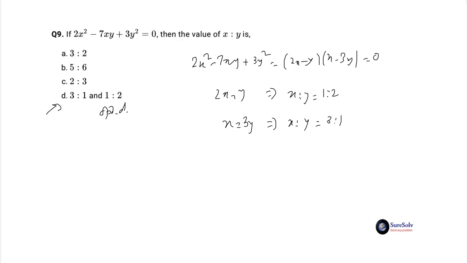You can otherwise solve this problem practically instantly by observing that the given equation is not a whole square equation, and so it would have two zero-valued factors resulting in two ratio values for x is to y. As only option D has two ratio values, it must then be the answer. Important concepts and techniques used for solving the problem are factorization of quadratic equation, basic ratio concepts, and mathematical reasoning. Let's solve the last question.